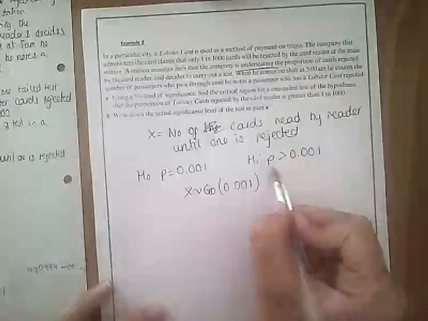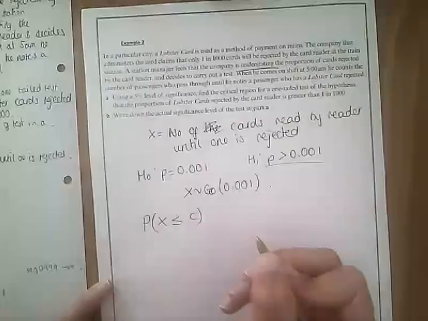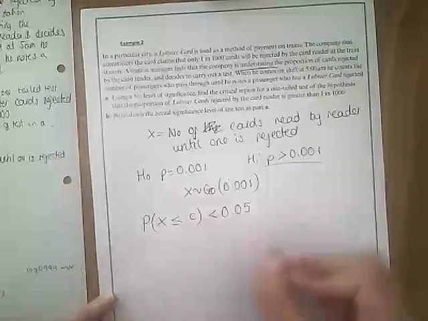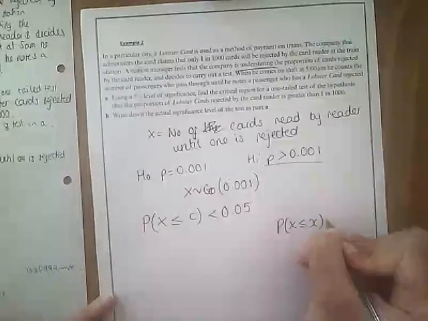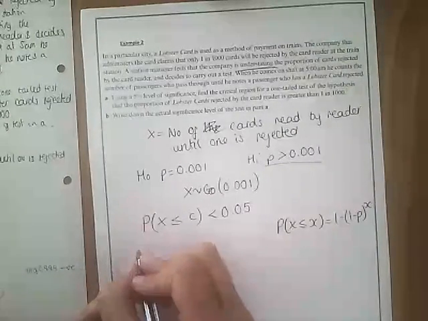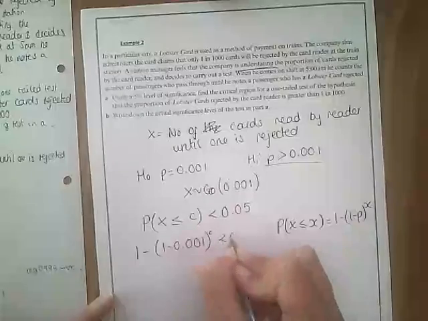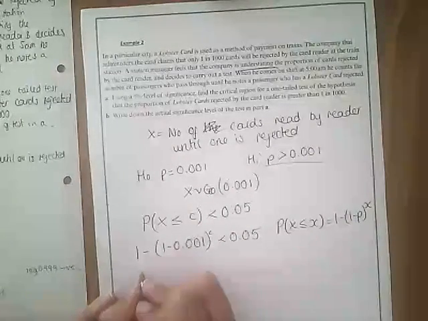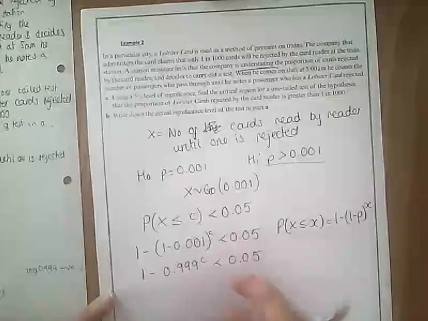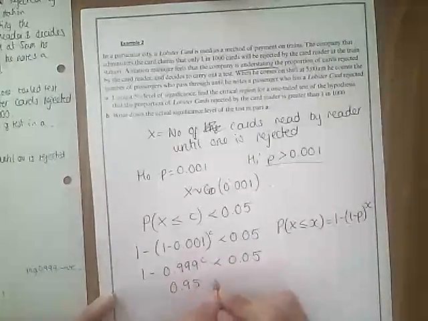So if we think that p is greater, we need to work out what is less than. So we're going to do the probability that X is less than or equal to C needs to be less than 0.05 because it's a 5% significance level. Recall from our notes, our key points, that this is the formula for the less than or equal to. So that means we've got 1 minus 0.001 to the power of C needs to be less than 0.05. So that's 1 minus 0.999 to the C is less than 0.05. And I'm going to shimmy that over there, shimmy this over here. So I've got 0.95 is less than